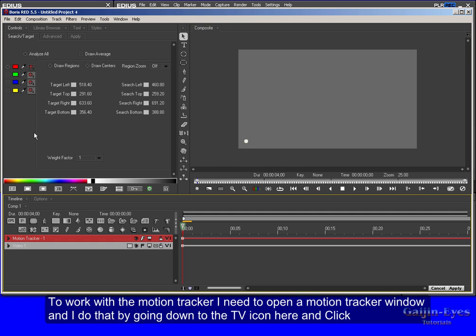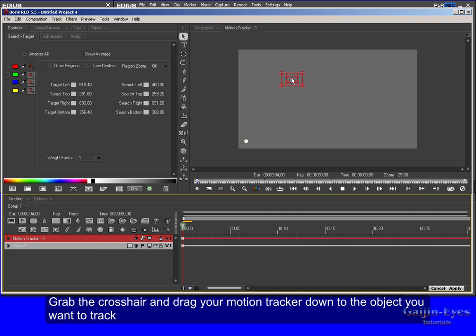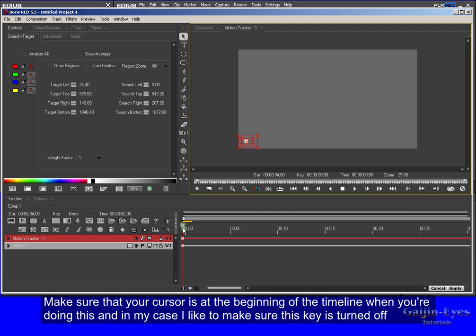To work with the motion tracker I need to open a motion tracker window, and I do that by going down to the TV icon here and click. Now you can see the motion tracker window has opened and here is a single motion tracker. Grab the crosshair and drag your motion tracker down to the object you want to track. Make sure that your cursor is at the beginning of the timeline when you're doing this,